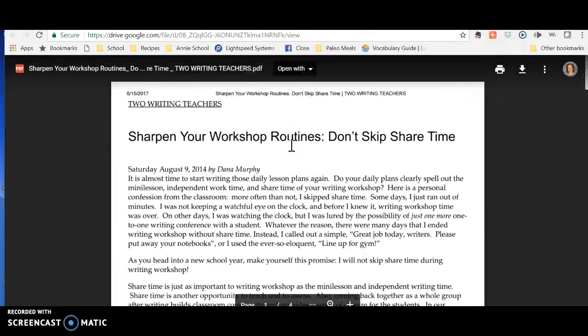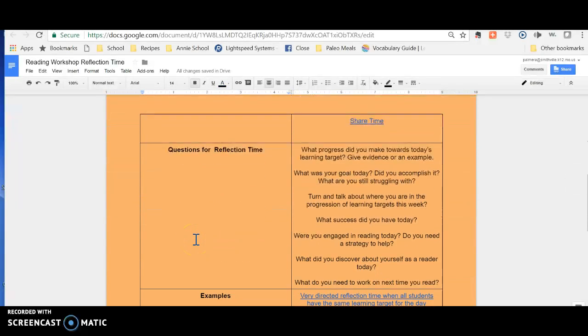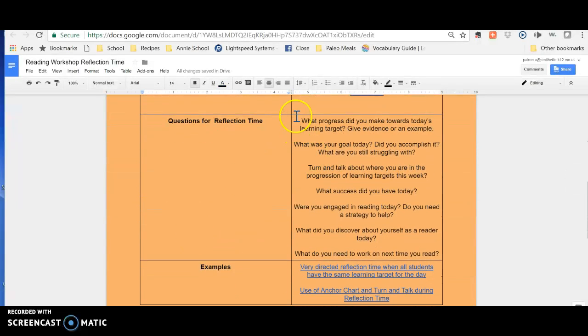Okay, again, read through this one, the really good stuff here as well. And then the last thing, no, sorry, two more things I have for you. If you're wanting some ideas for questions to ask during reflection time, these are some specific questions that you could ask. If anybody has some that you want to add to that, please don't hesitate to do that. These are just ones that I thought of or found in my research that I thought would be effective.